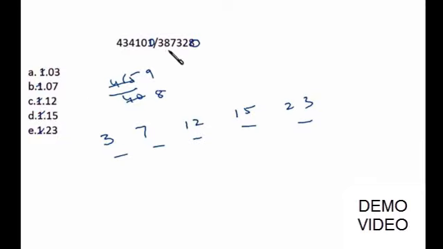This is 43,000 and this is 38,000. Now what is the difference between these two? It's around 5,000, right? Now 5,000 has to be divided by 38,000 to get the next digit. Now after the decimal we have to get 2 digits, so I just put 2 zeros over here. Now this is 5 lakh and this is 38,000, right? No problem. Okay, now I have to see this 5 lakh is 3 times, 7 times, 12 times, 15 times or 23 times, right?